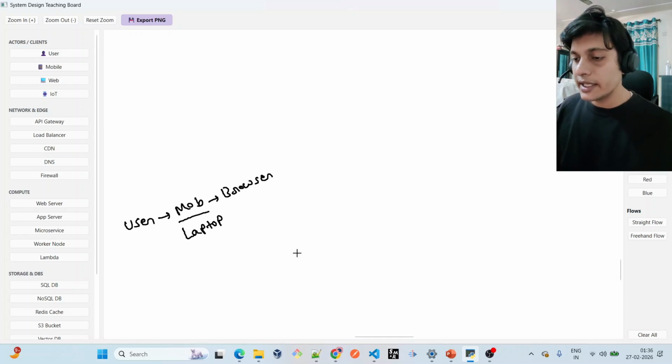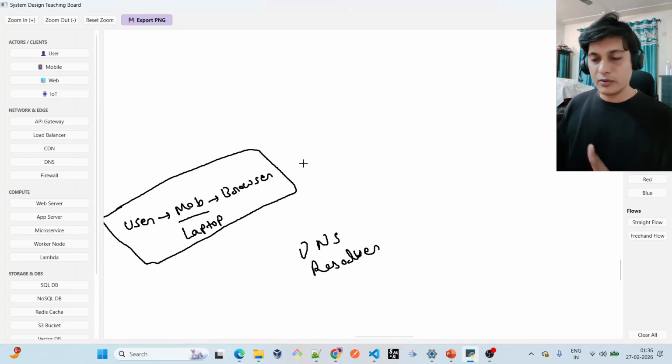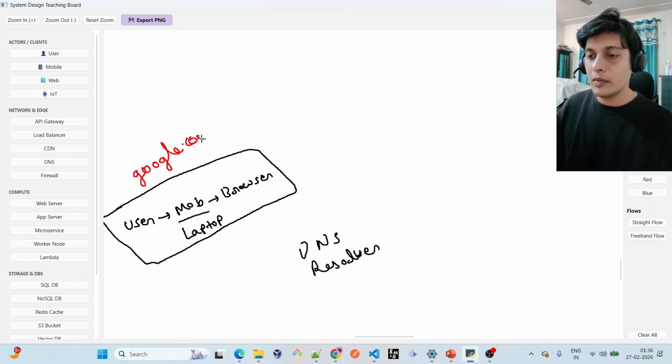And there is this DNS resolver. So here is the one block. I'm very bad at drawing, but I'm trying to navigate what are the things which we have learned till now. Okay, so it is the user which is using the browser on the mobile or laptop, and what it searches is google.com, and here is the google.com